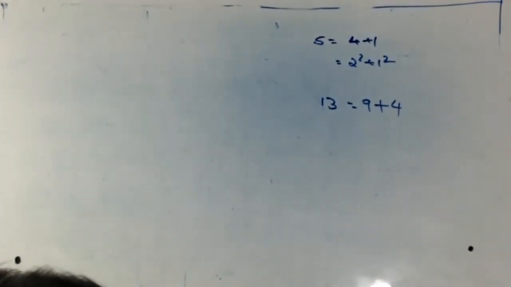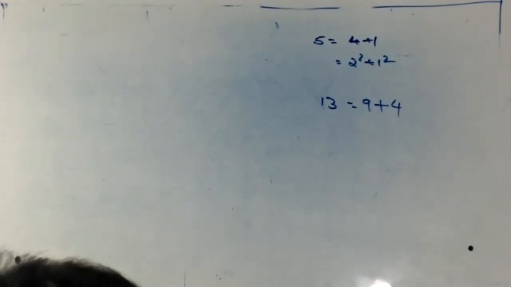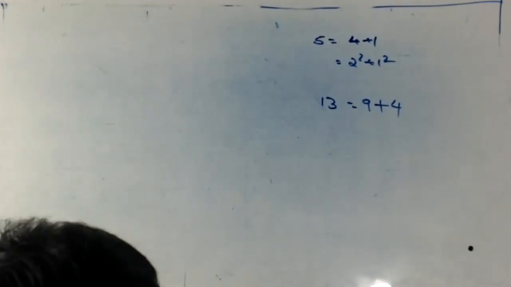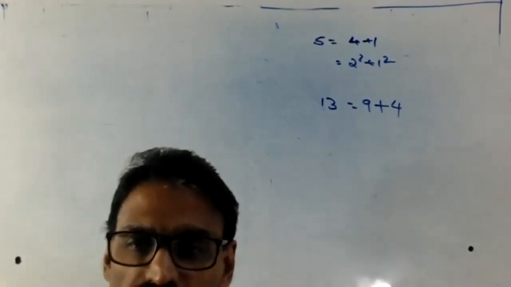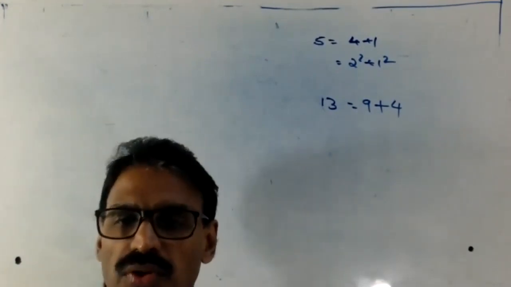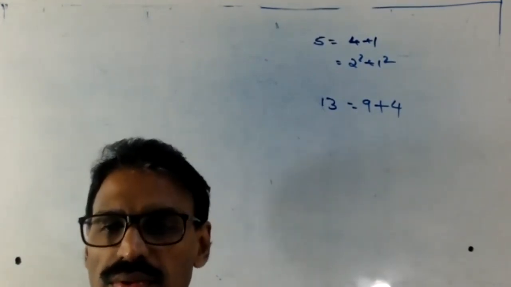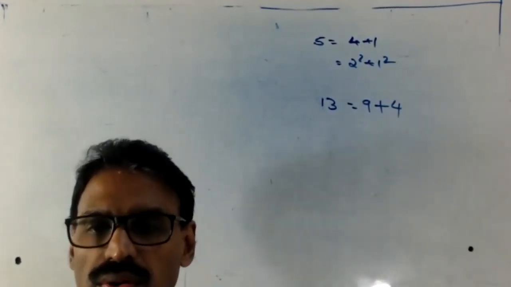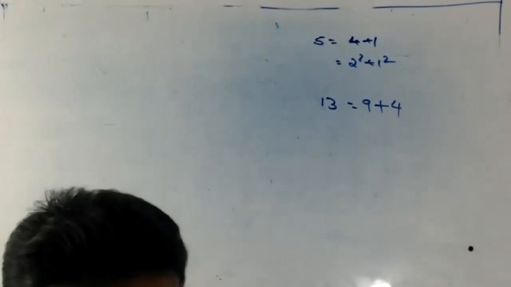We finish root 2, finish root 3. Now we are going to root 5. Maybe you ask why not drawing root 4. You have any question like that? Why not drawing root 4? Because root 4 we know. Root 4 is what? 2. We don't want to draw it, because root 4 is a rational number only.